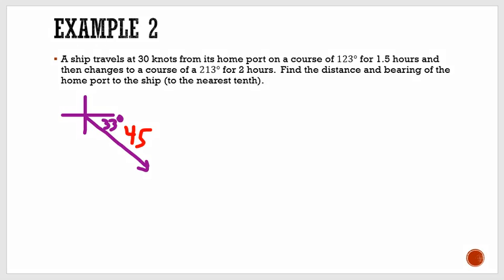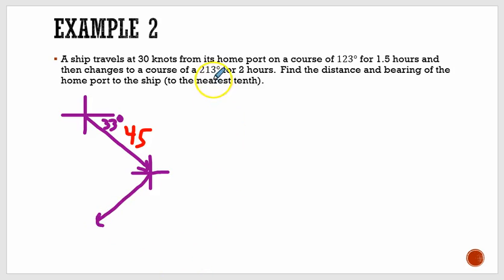Every time a direction or bearing is given to you, or if there's like a turn in the trip, I always recommend drawing a new x and y axis, because then we need to recalculate our bearing from that location. So the ship started here at an angle of, or a bearing of 123 degrees, moved down to this point, and now he's going to turn. So we want to again calculate what direction he's turning in, and the angle this time they gave us was 213. So starting from north, that would be 90, 180, and then a little bit more in this direction means that now I know he's heading